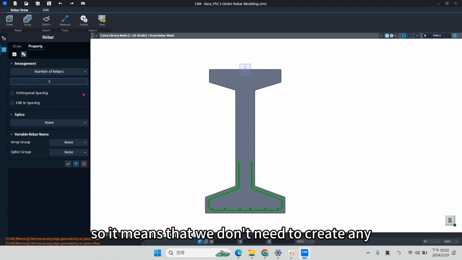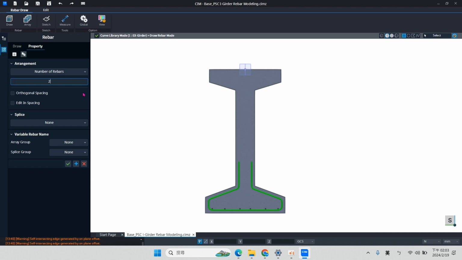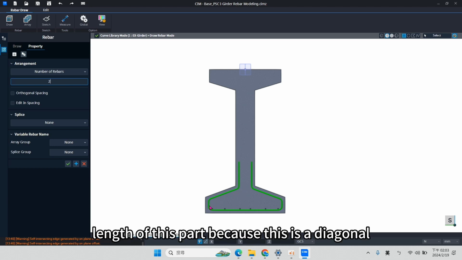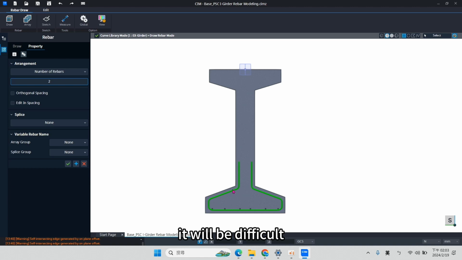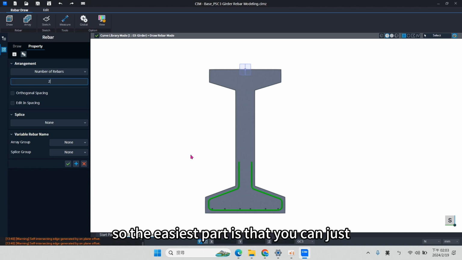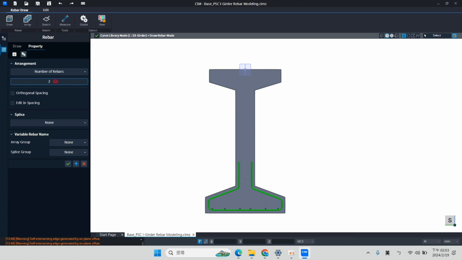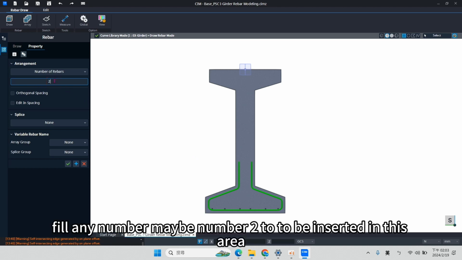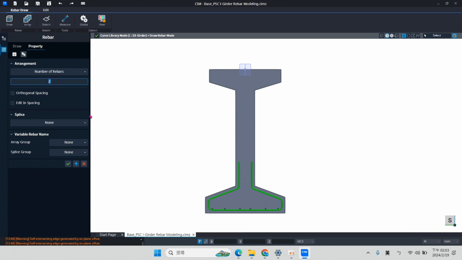So it means that we don't need to create any spacing, so we don't need to measure the length of this part because this is a diagonal. It will be hard. So the easy part is that you can just fill any number, maybe number 2, to be inserted in this area.